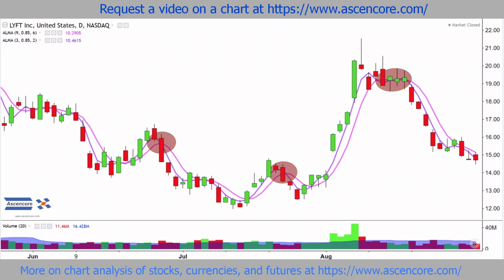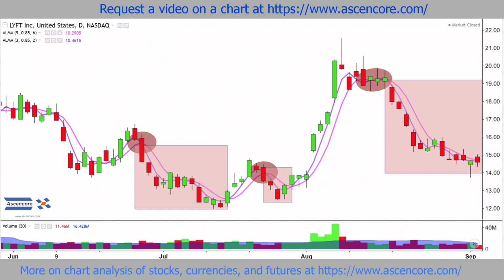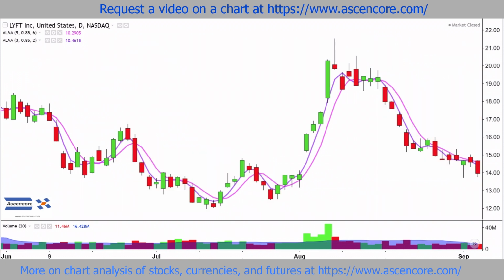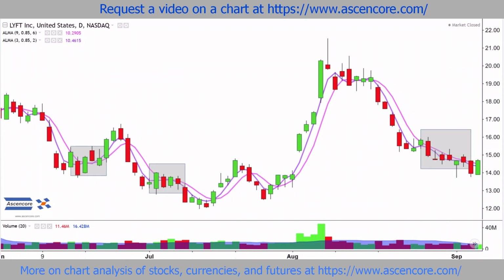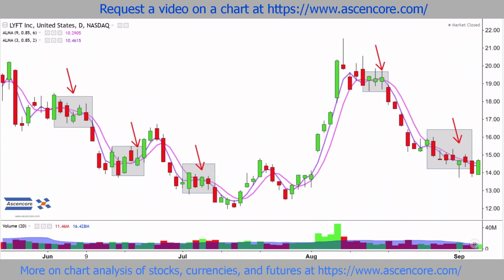When the shorter term purple ALMA crosses under the baseline of the ALMA in pink on default settings, it signifies bearish sentiment increasing in the short term. And bullish sentiment is said to increase in the short term when the purple line crosses over the pink line. And for example, during these downswings, there is sustained bearish sentiment when the shorter term purple line stays under the